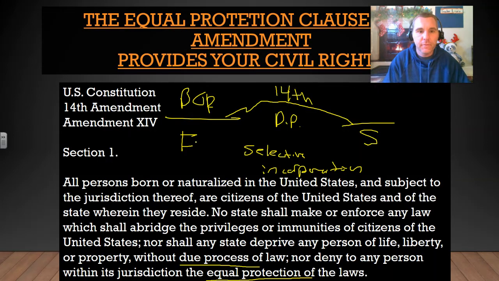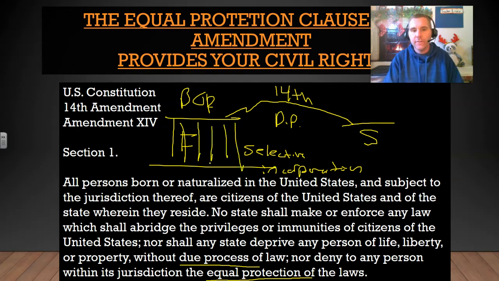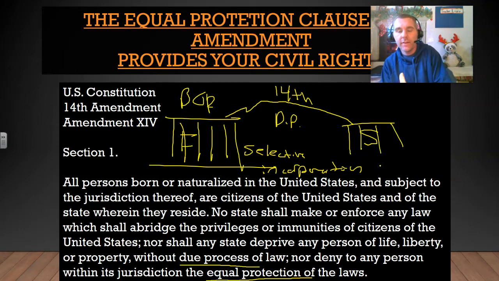If I go back here, remember the Bill of Rights, like these are like, you can't do this, federal government, right? That's kind of what the Bill of Rights are, restrictions on the federal government. So now, one at a time, it's like cha-ching, cha-ching, cha-ching, cha-ching. It's also putting those same limits onto the states one at a time.